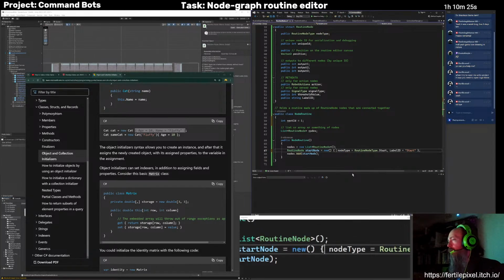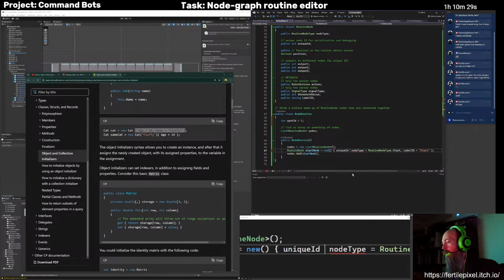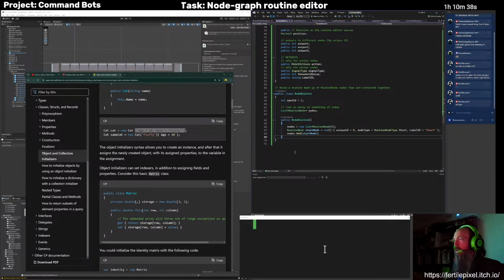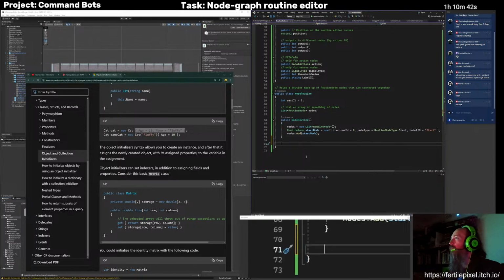So I think we can do a unique ID equals 0. That's node 0. Next ID equals 1. And then whenever we create a node,